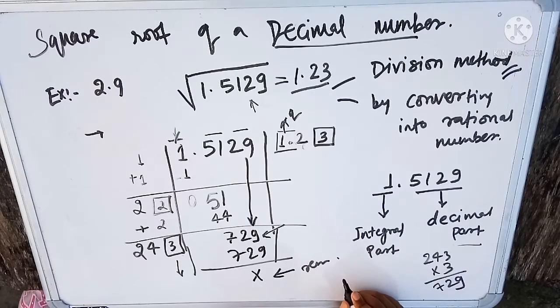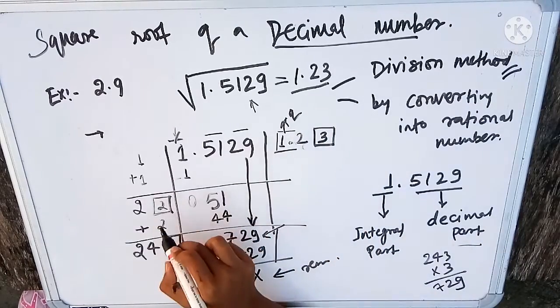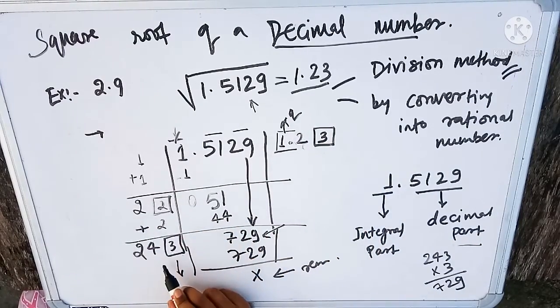Now the thing you should keep in mind while dividing is whatever the quotient will be here, we have to add the same number, and in the next step we have to empty the unit place to add the next number. Now that's all for this video.